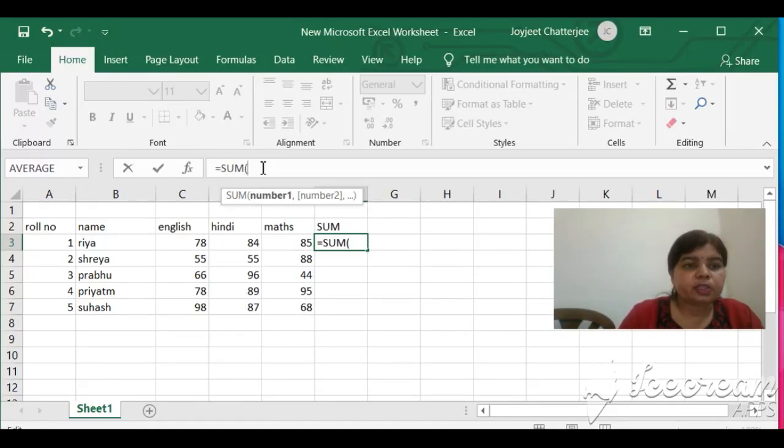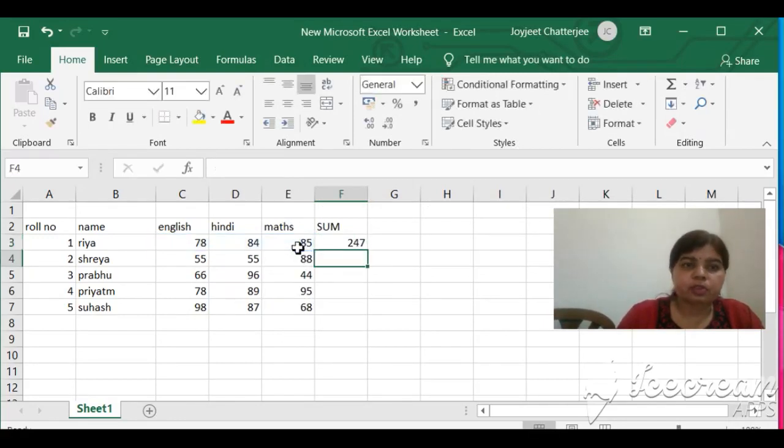The first cell address is English, here I am going to write C3, and add a colon, and the last cell, that is Maths. Maths is the last subject. So what is the cell address? E3, E3, and then close the small bracket, and after that press the enter key.